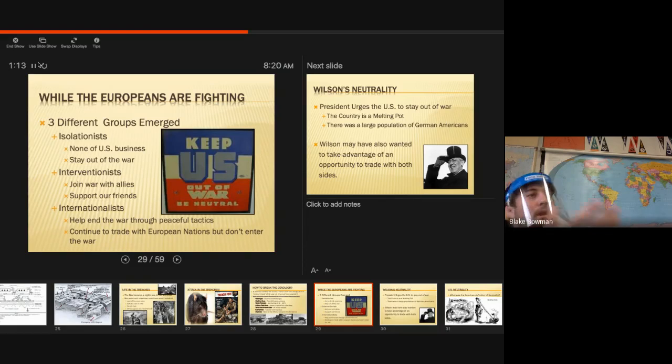But with Germany, same thing, right? We had a lot of immigrant groups, culture, heritage, especially in PA, like I mentioned, that if we join one side, who knows what might happen. There might be a rebellion or protest, violent protest all throughout America if we join the side of the Allied powers. So he was stuck between a rock and a hard place. He didn't know which side to join. He thought either way, whatever side we join, there's going to be issues. There's going to be problems.